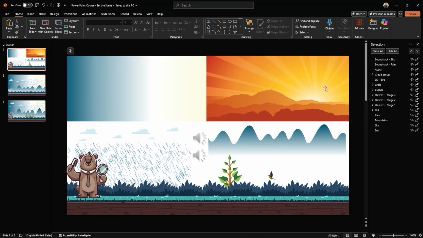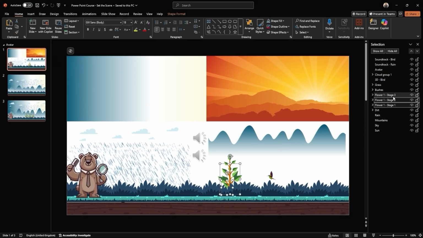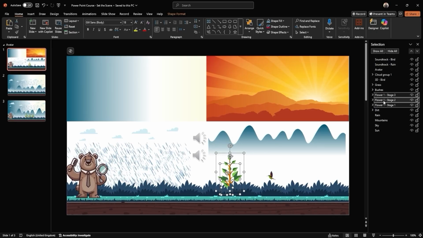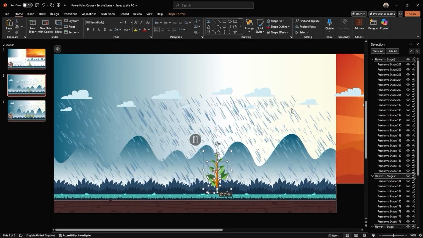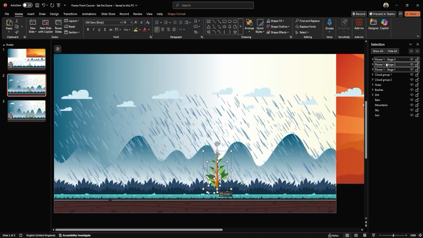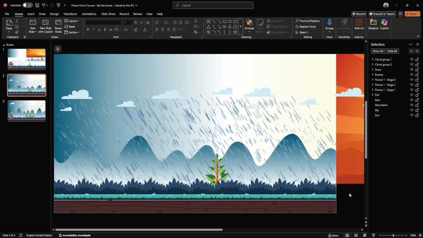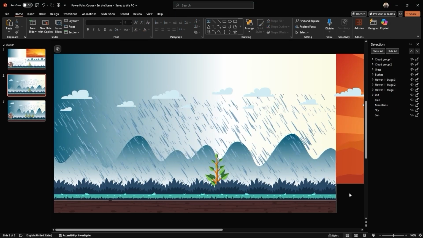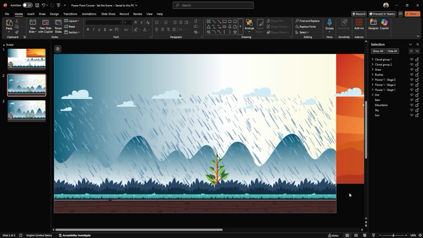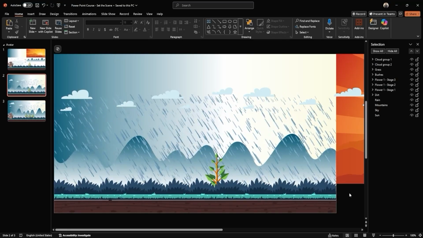Moving on to the flower we created in an earlier module. Select all three growth stages in the selection pane by holding down Control. Then copy and paste them into your new slide. Just like we did with the clouds, go ahead and collapse the groupings in the selection pane to keep things tidy and manageable. Then adjust the Z order by dragging the flower groups below the bushes. This way, the bottom part of the plant, which originally sat in a flower pot, will now be naturally hidden behind the bushes, making it blend better into the scene.